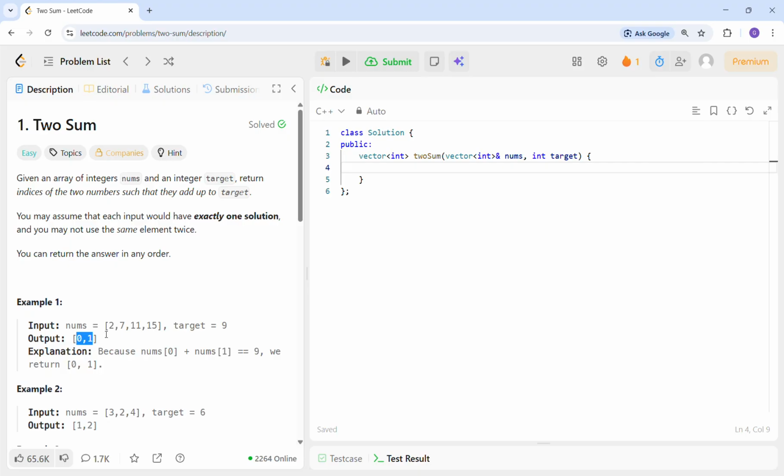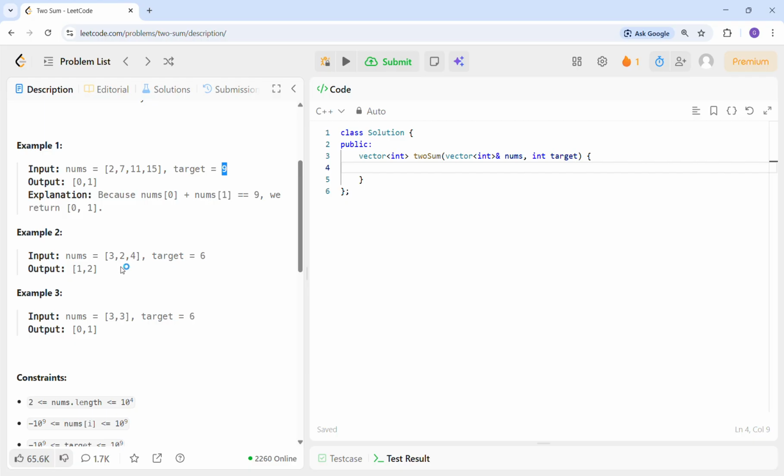For example, in this one, if we add 2 plus 7, we'll get 9. Let's take the next example. As you can see, we have the target 6. So 3 plus 2 is 5. We'll see for the next one. 2 plus 4 is 6. We could even see 3 plus 4 is 7, but we got 2 plus 4, that is 6. So we'll return the